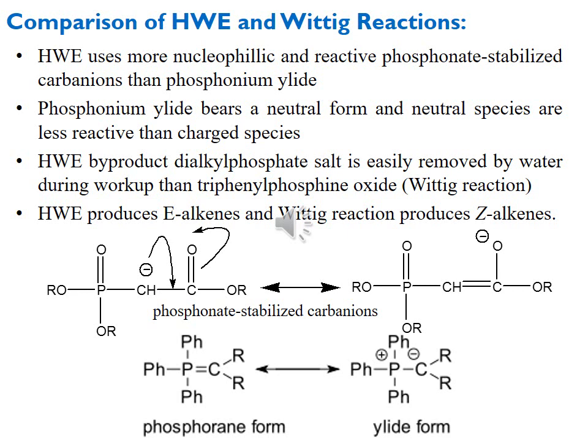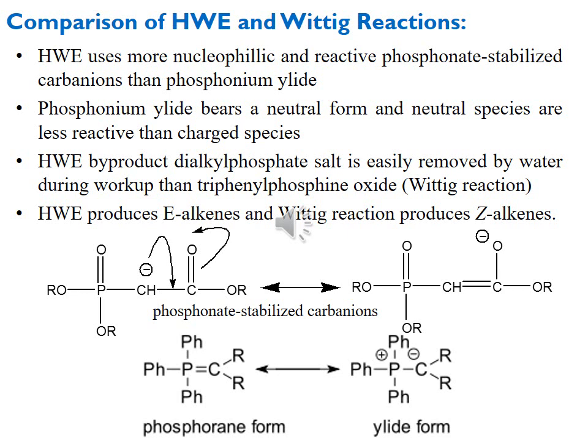If we compare the reactivity of phosphonate-stabilized carbanions and phosphonium ylide, then the phosphonium ylide also bears a neutral form, in addition to the ylide form, which we call the ylene form. This makes the reactivity of the phosphonium ylide less because it becomes more stable. Its reactivity is low as compared to phosphonate-stabilized carbanions, which are charged species, and charged species are more reactive than neutral species, so they easily react towards the